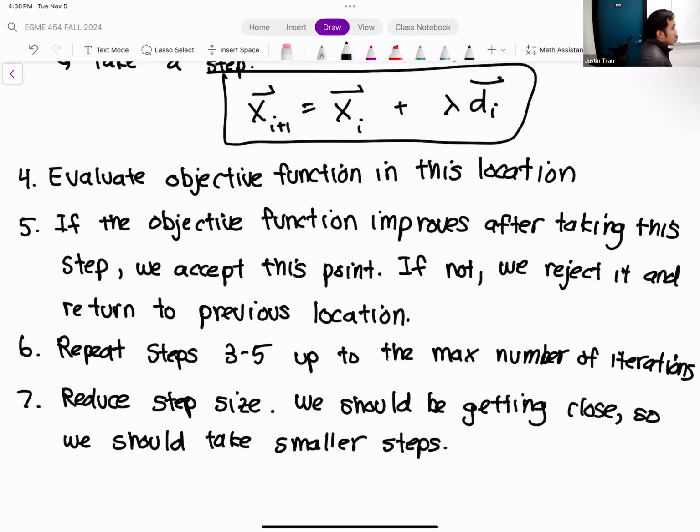Questions? So that max number of iterations we set at the start was for the first step size? Exactly. For each step size. For each step size. Got it. Yeah. So the idea here is that you take a bunch of random steps with a certain step size, you repeat that for, say, 100 times, and then you reduce the step size and you do another 100 from there. Okay. And so after step 7 here, you're going to return to step 3.